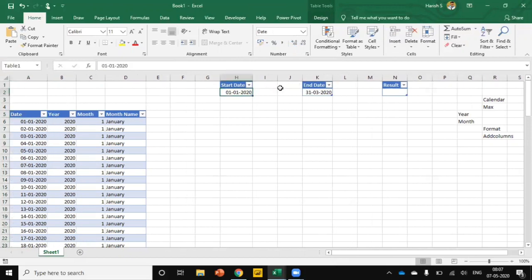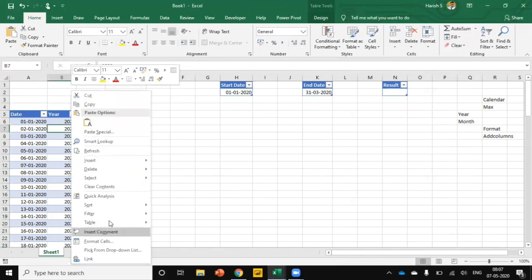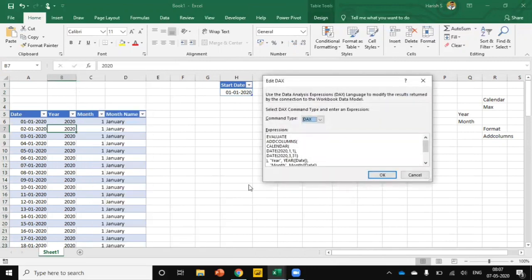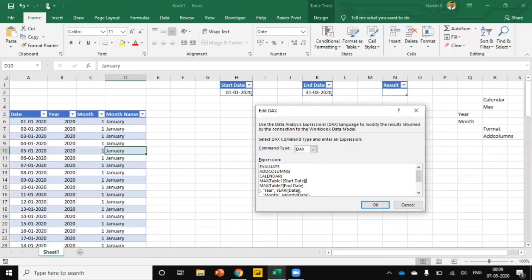Now, how do we dynamically change this start date and end date? We have to create a connection into the calendar table. So in the calendar table, rather than adding a manual start date, I'm going to change it to the maximum of Table 1. We have to close the parenthesis.